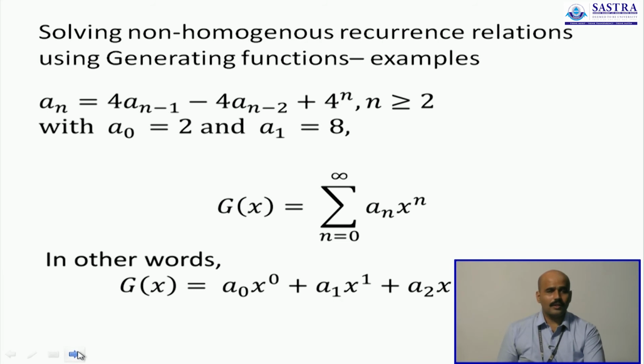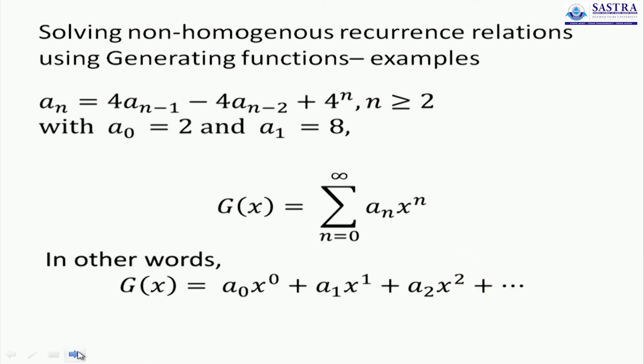To give you an example, let's consider this problem. In fact, this problem is totally different from all the problems we have seen so far. On your screens is a linear, non-homogeneous, second order recurrence relation. It's linear because the terms are not squared or cubed or anything. It's non-homogeneous because you have a 4 power n as a function, and it's of order 2 because the last index is at 2, and you're also given 2 initial conditions to begin your problem with.